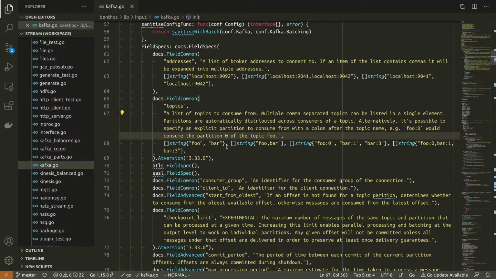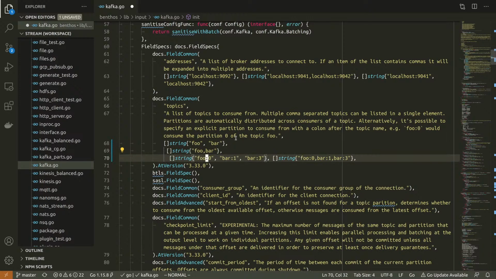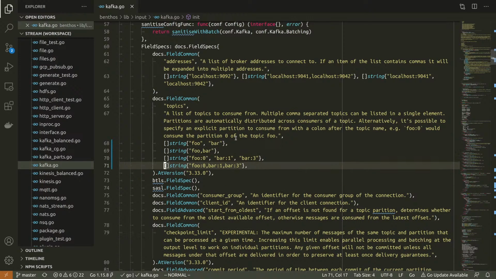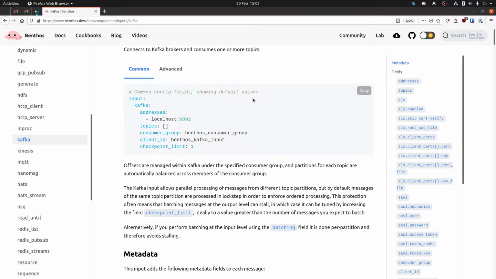What I might do, because I've been thinking about this loosely, so right now if you want to have topics that you consume from, it might actually be easier to show this on the documentation site. So let me show my actual screen. So we've got the documentation site up here.